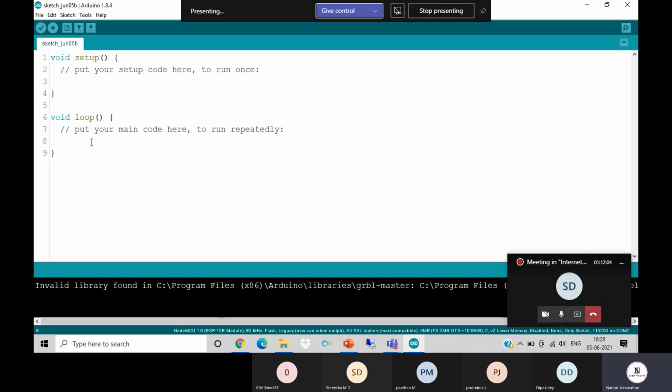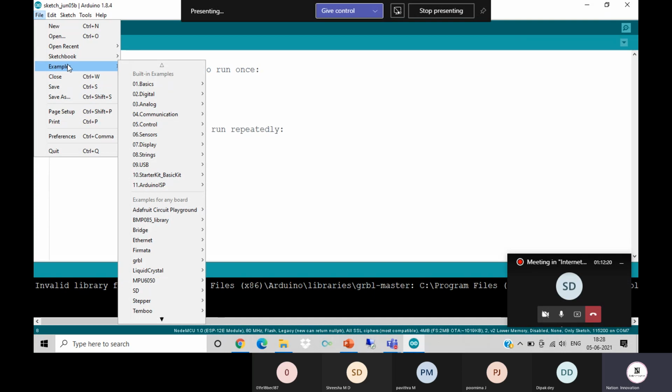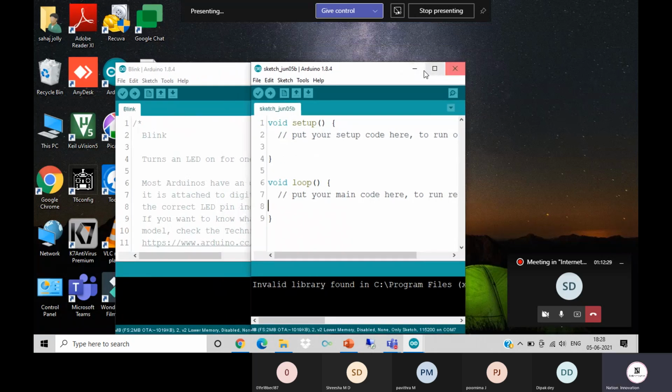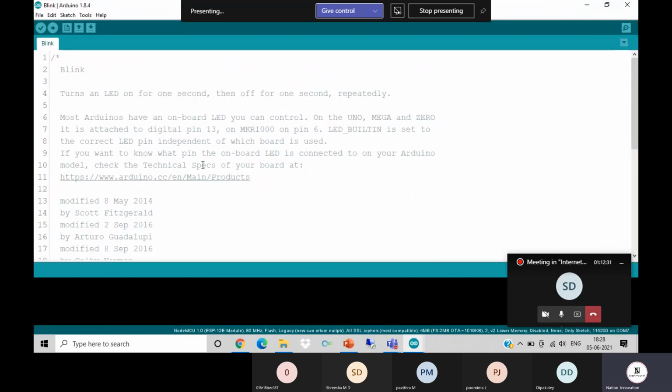Now, as I have said, whenever you have this installed and you have an Arduino with you, you want to test whether it is working perfectly or not. What we can do is go to the File section and go to Examples. In Examples, go to Basics and then Blink.